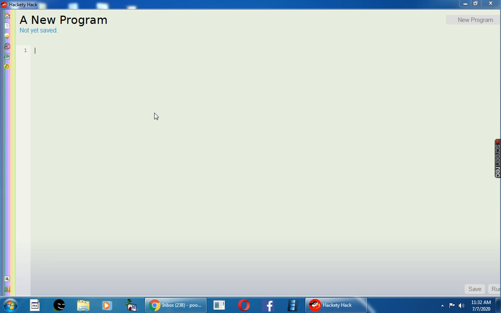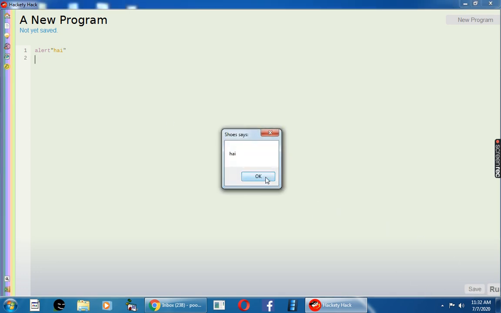Okay, so first mistake is we'll use the command alert, space, without giving space we'll type hi, but it will give the answer. There's no mistake. Even if you do not give space between the command and the double quotes, it will take it. Okay, you can see the color, because here we have double quotes. This will separate your content from the command, so no problem.